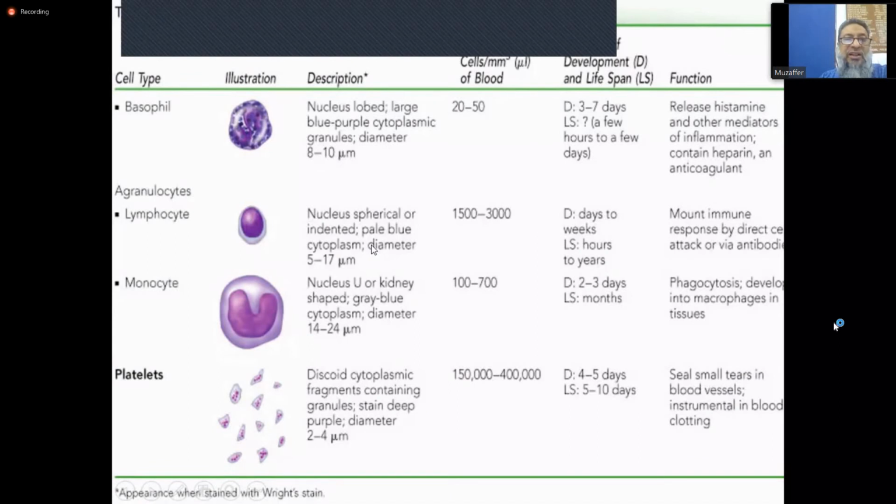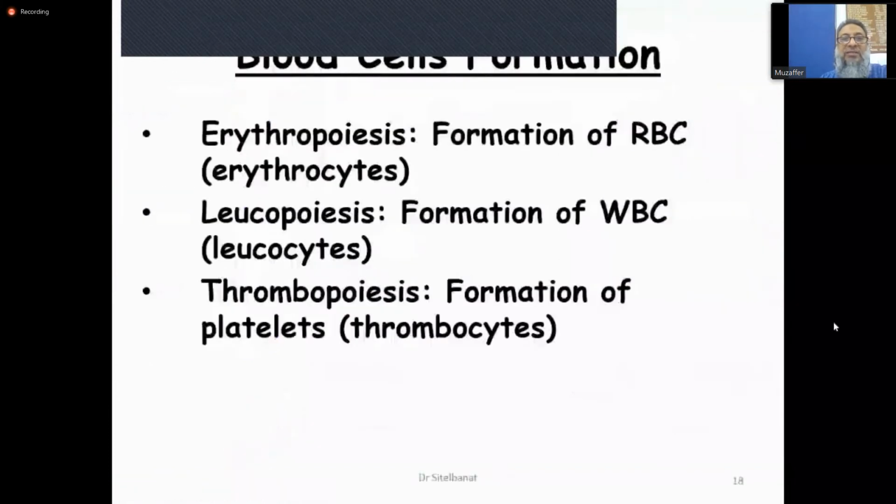I already told you these lymphocytes also provide cellular immunity as well as humoral immunity by producing antibodies. Then we go to monocytes, with a very typical kidney-shaped or U-shaped nucleus. They remain in the area of the invasion, outside the blood capillary, for months in the tissues, and they actively carry out phagocytosis in the tissue. So these are very important functions of these cells.